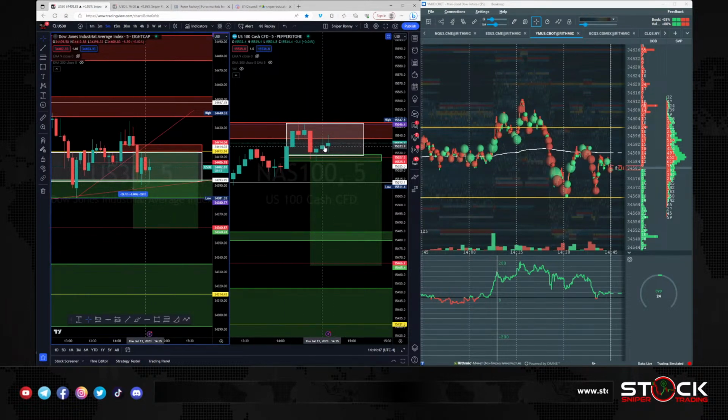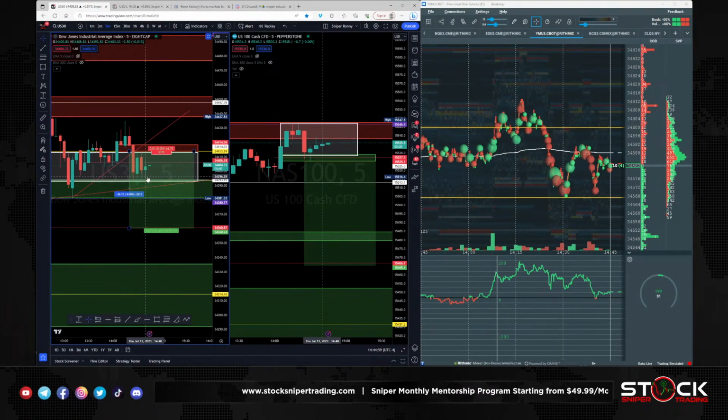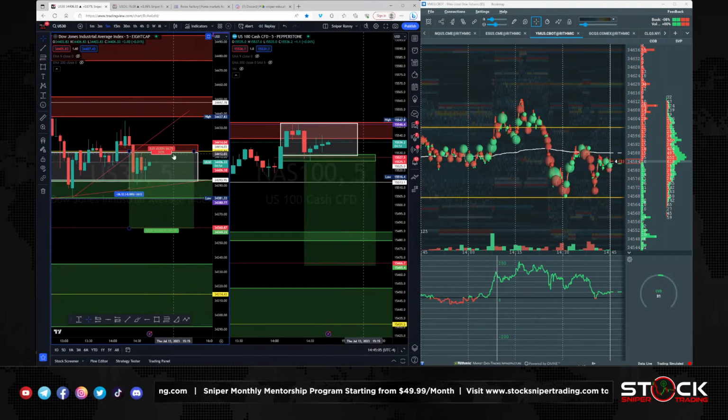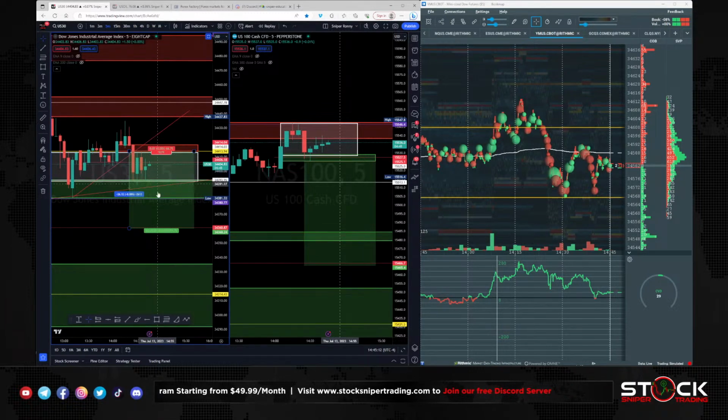Okay, so we're still inside this consolidating area. We might have an M top developing on Nasdaq. Right now, US 30, there's no directional movement. So again, we can be patient. Unless you're speculating, maybe a buy, maybe a sell, but one of these parties is going to get squeezed out. Like if you continue to accumulate buys and then it sells down here, you might get squeezed